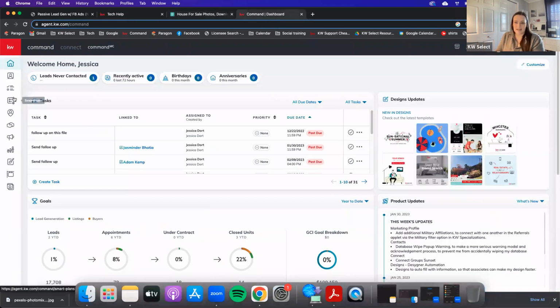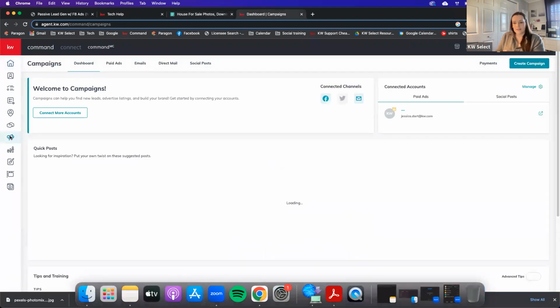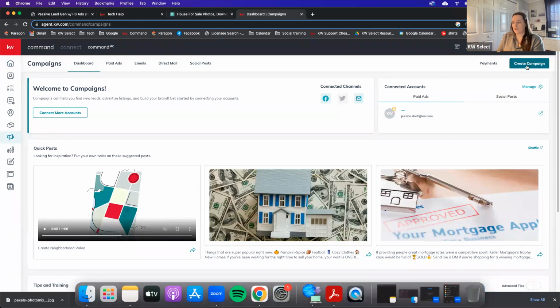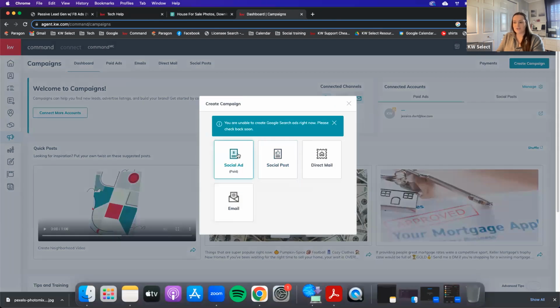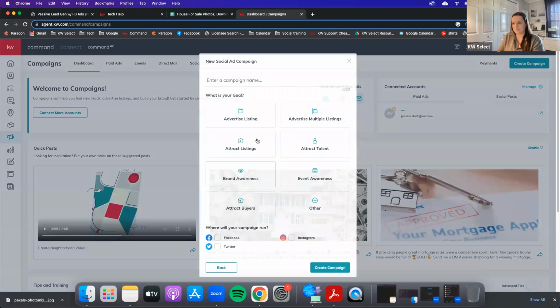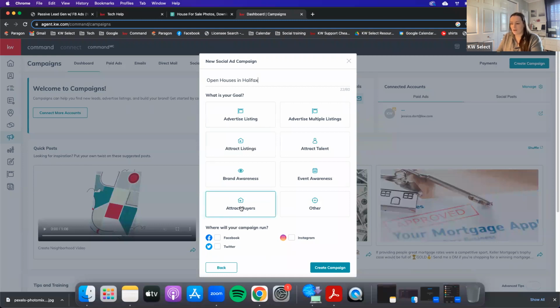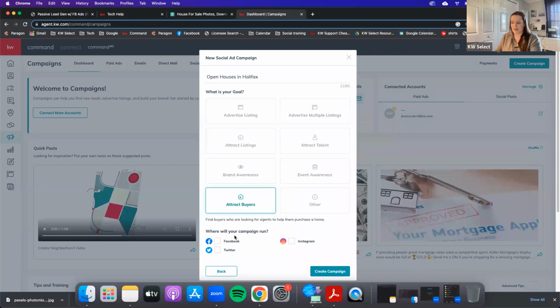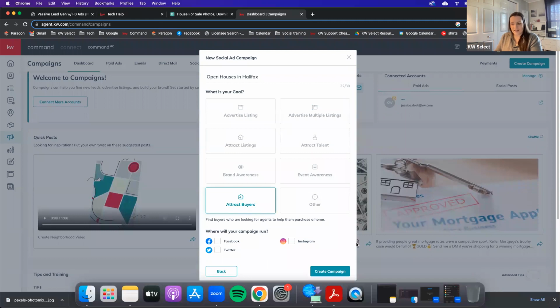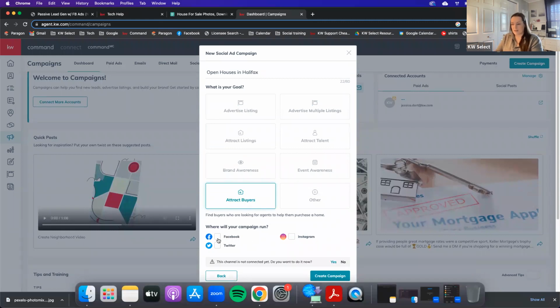So in Command, it is the little megaphone, the campaigns icon. We're going to go down here. And then we're going to click Create Campaign, and we're going to choose a social ad. I'm going to call it Open Houses in Halifax. And our goal is to attract buyers because we're looking for buyer leads, people who want to buy houses that are in the area. You can then choose where to run your campaign. You can do any of the,